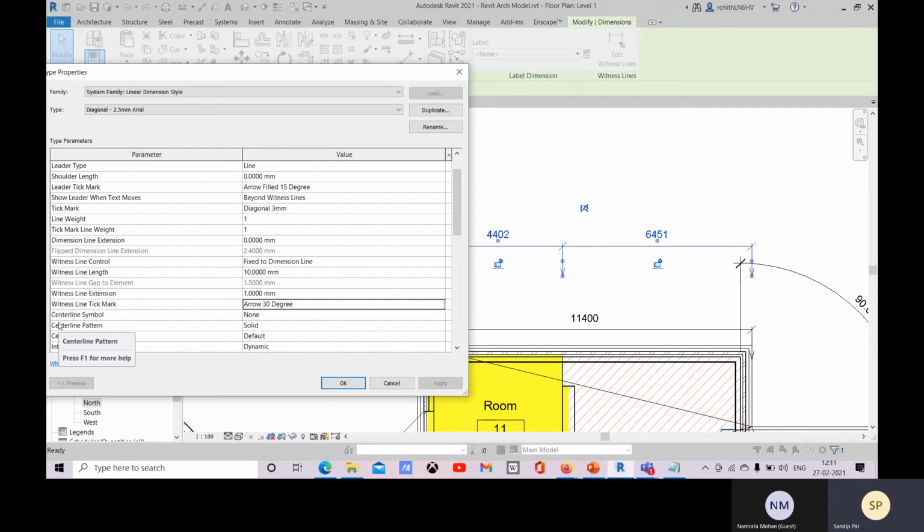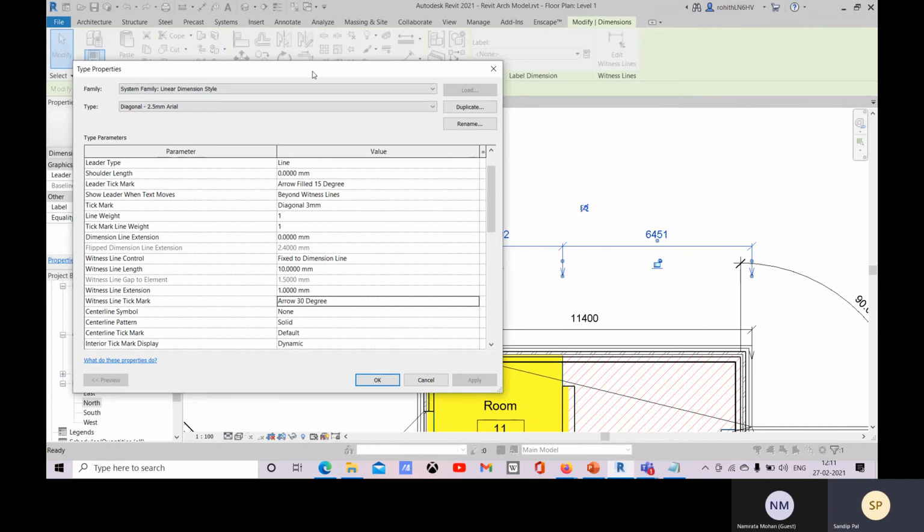So the center line symbol is for those dimensions which have the center line, like the radius dimension, radial dimension, or diameter dimension.